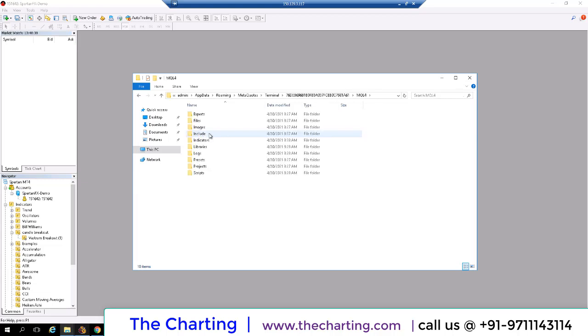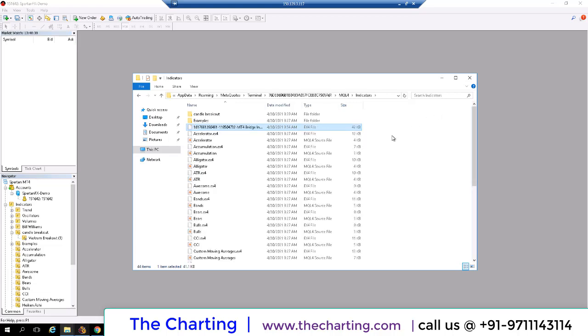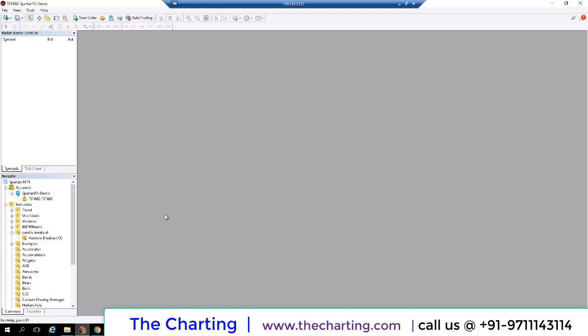Here you see two folders, one is include and the second one is indicators. So I click this indicators folder and paste my indicator here. Then I close it. One more thing you need to paste in the include folder is the HTTP file.